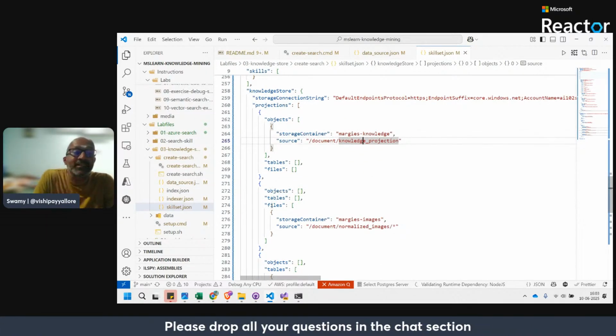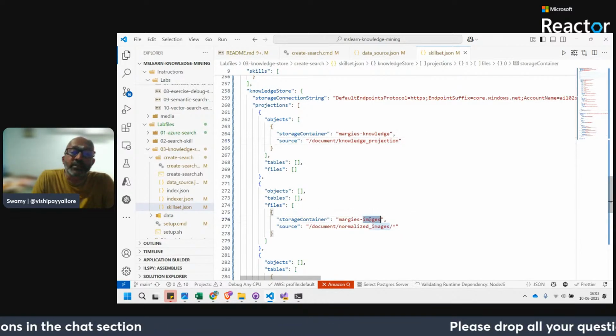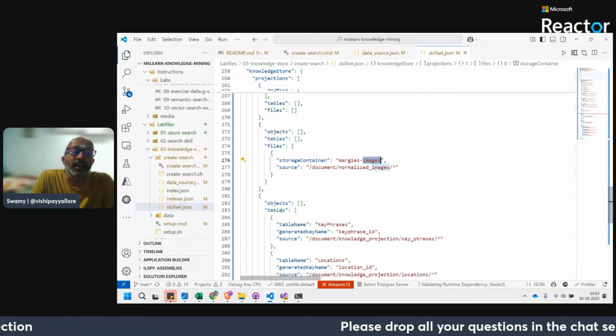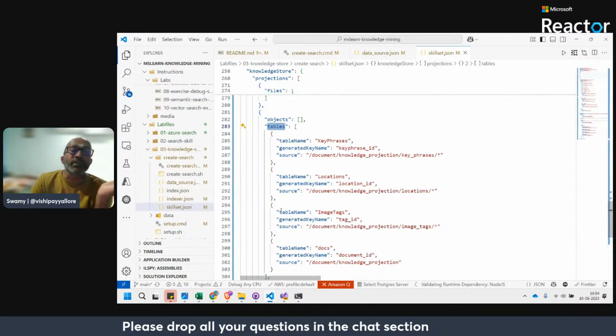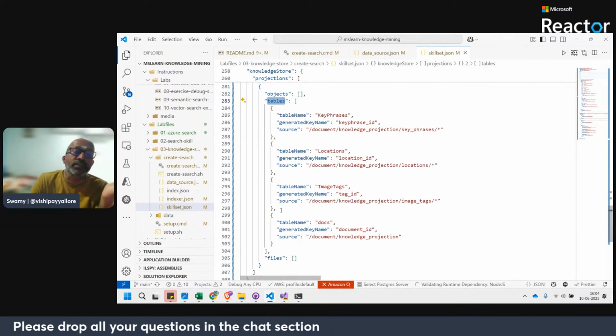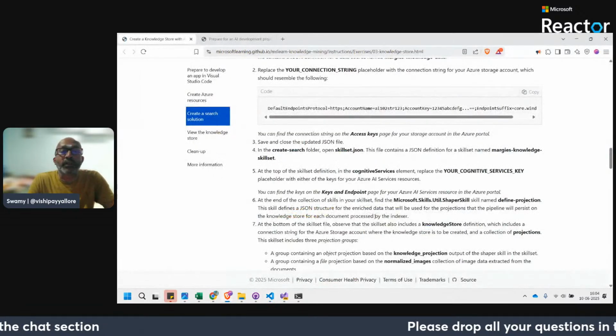These are the JSON files, and all the images should be stored in margis images, and all the relational data will get stored in multiple tables: table, key phrase, location, image, and docs. So different things are getting stored here.